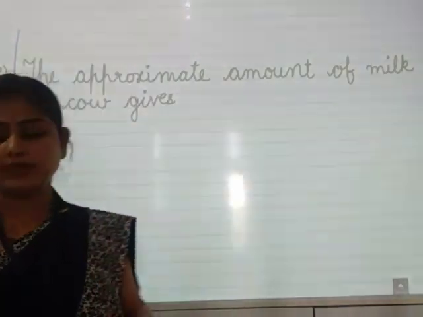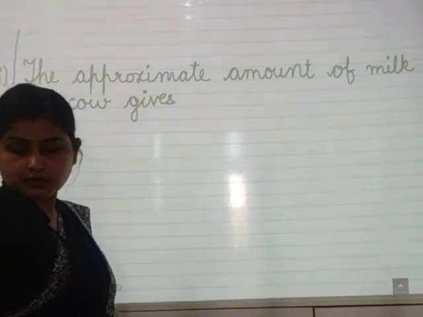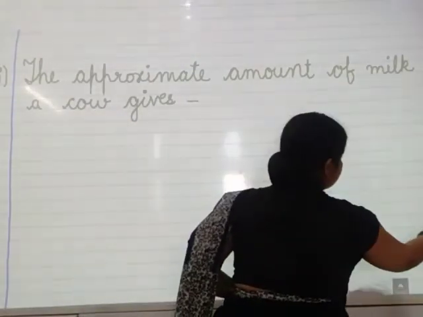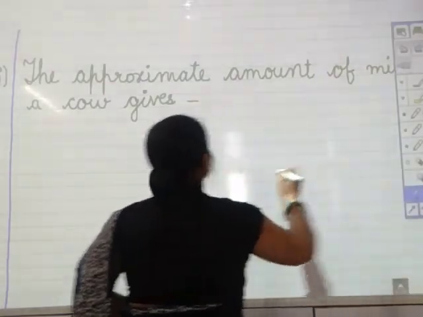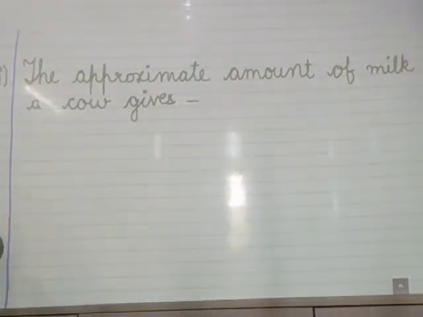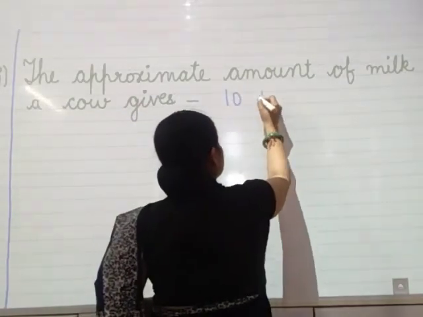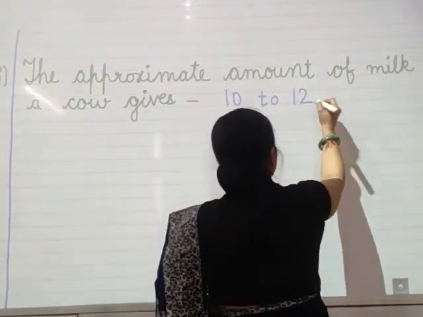The fourth is the omitted one. A cow gives, and here the answer is ten to 12